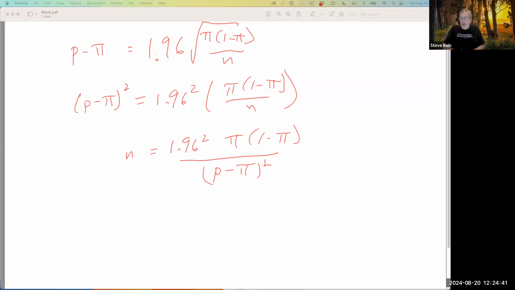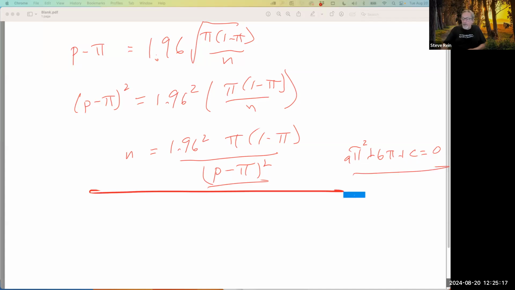But I'm spotting this is something that's quadratic in pi. If I were to do the work a little bit, I could note that this denominator term is uncomfortable, and I'll just say it's in quadratic form. And so if we use that quadratic equation, remember a times pi squared plus b times pi plus c is 0. I could put it into that form, and from that, derive n should equal,